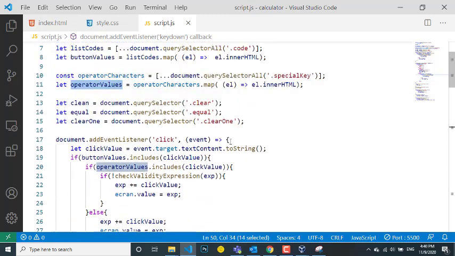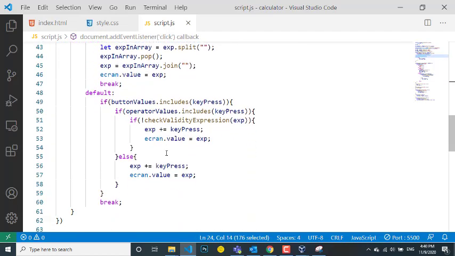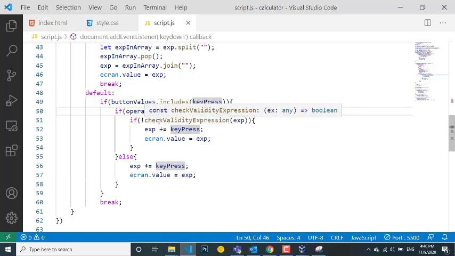The same thing as here, we check if what the user has pressed is an operator. If it's an operator, we check that there is not already a last operator in the expression. If the last character from the expression is already an operator, we do nothing.